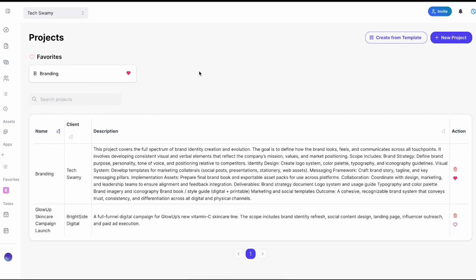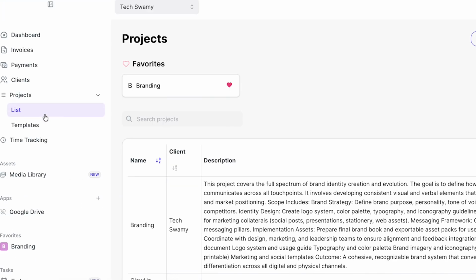Heading back to my list of projects, because when you manage a lot of clients and a lot of projects, it becomes tedious to set up projects from scratch every single time. That's why Needful allows you to create a project from a template. So if I switch over to my templates,